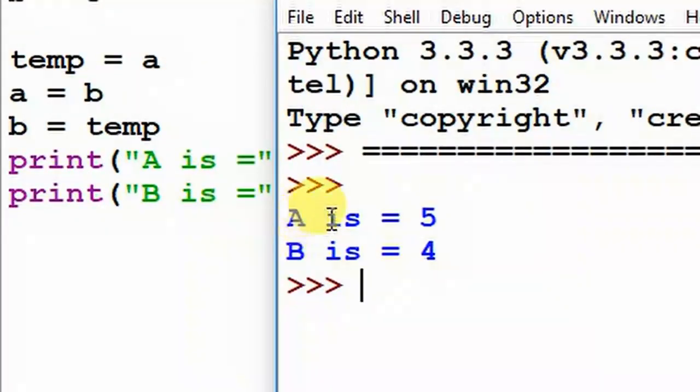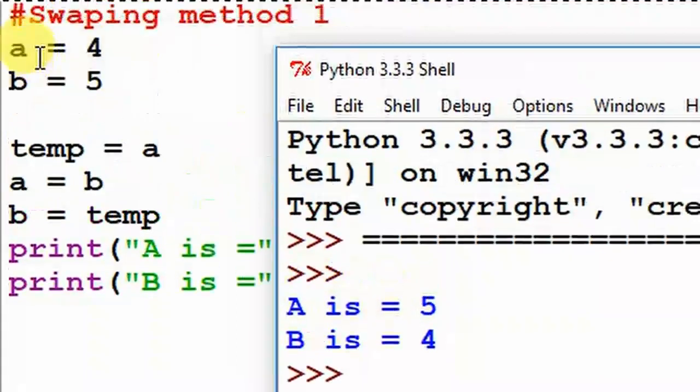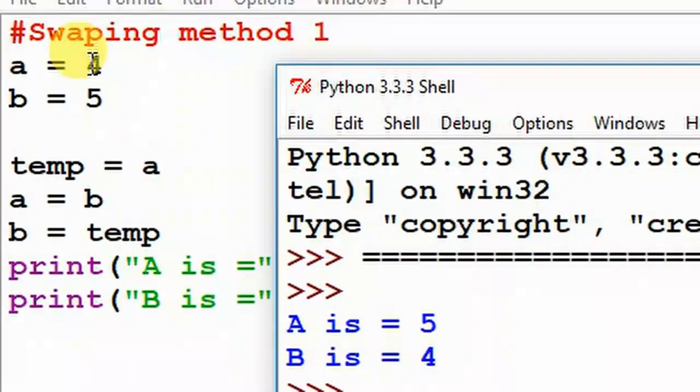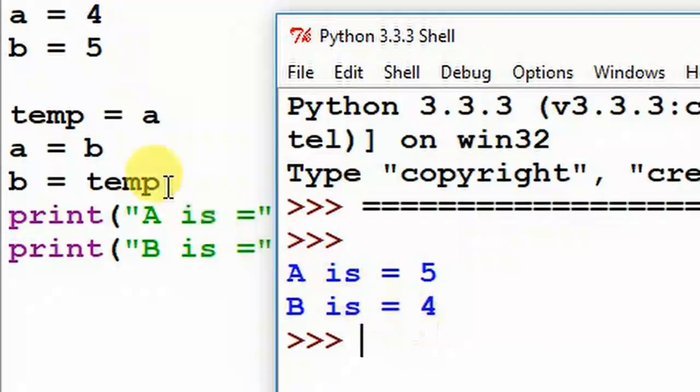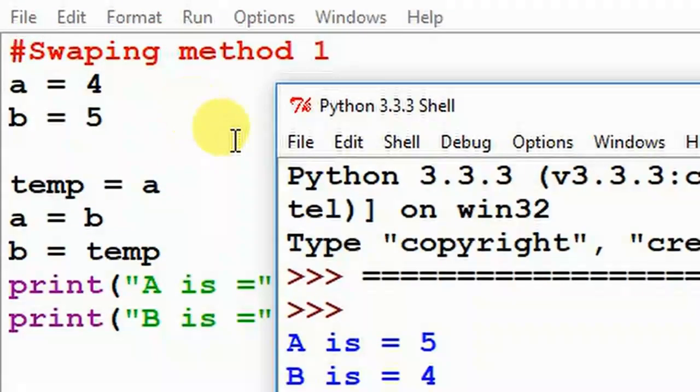See, in this place a is 5 and b is 4. Before, a was 4 and b was 5, and these two values are swapped in this method 1 concept. A is 5 and b is 4. The swapping process is completed.